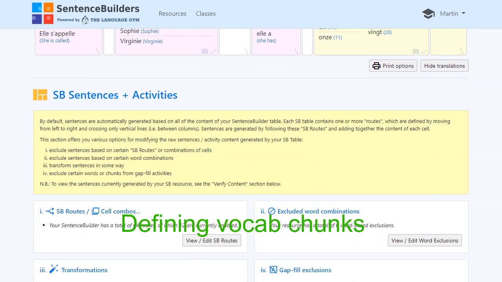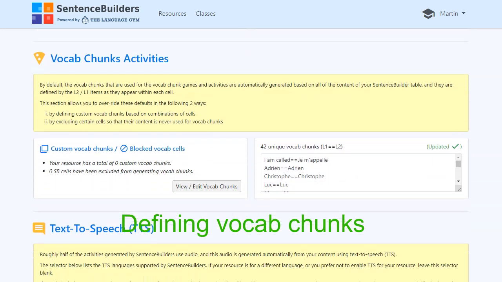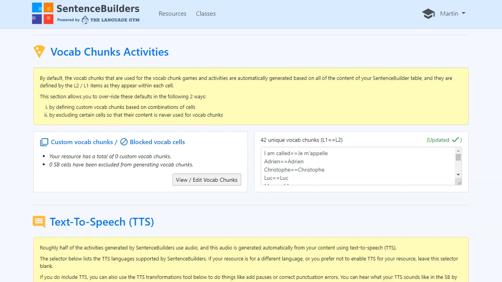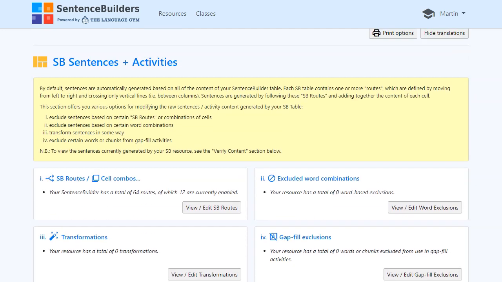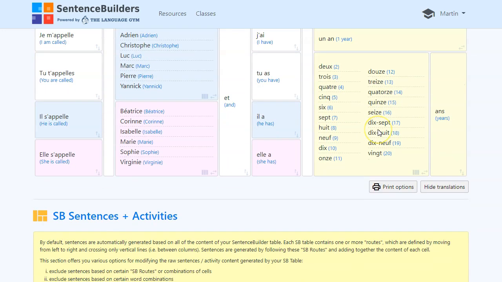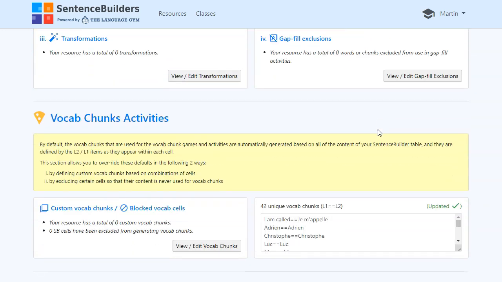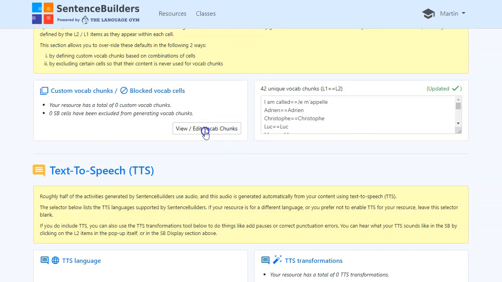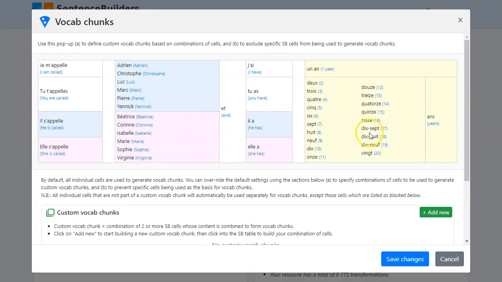Something that a lot of people neglect to do, if I scroll down here, is the vocab chunks. Now, vocab chunks, unless you define them separately, are defined by what you can see in each cell. So "je m'appelle" is a chunk, "tu t'appelles" is a chunk, "et" is a chunk, "il a" is a chunk, 2, 3, 4, 5, they're all chunks. Okay, so you can decide yourself how you'd like to do your custom defined chunks, but it is very often a good idea to define them. If you don't do that, then you often end up with single words. So for example,